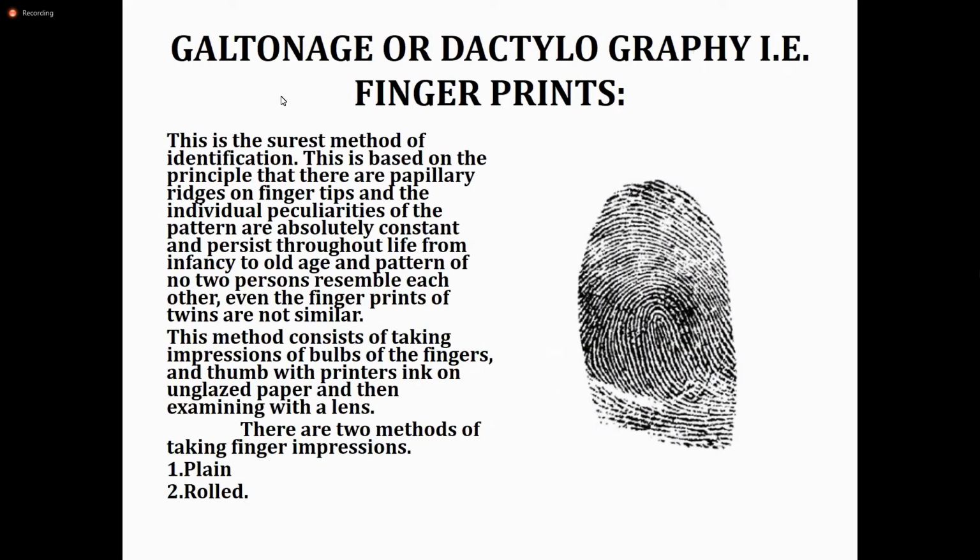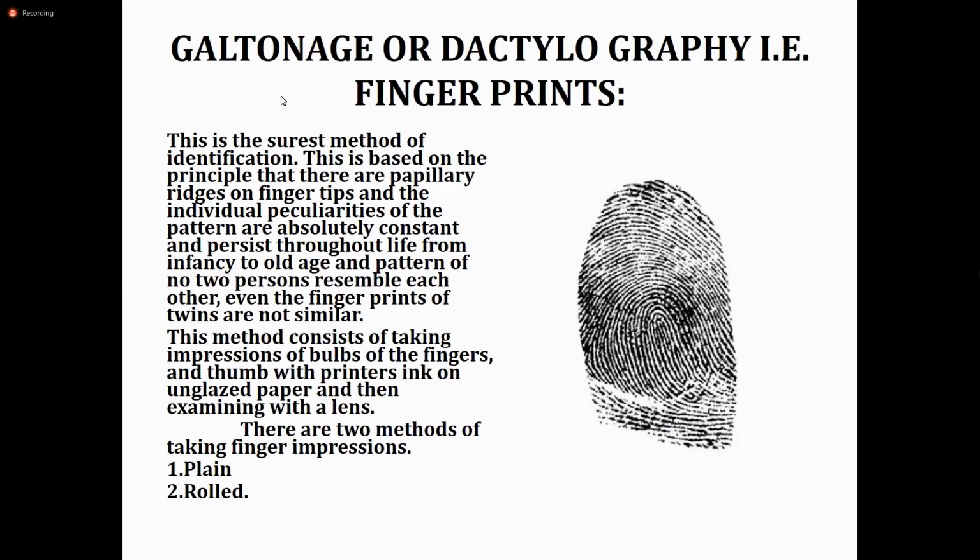Okay. Then comes the Galtonate system or the dactylography of fingerprints. This is also a very important method of detecting, like we said, how to determine who the individual is or was. It is done in the living as well as in the dead. This is obviously the surest method of identification based on the principle that there are papillary ridges present on the